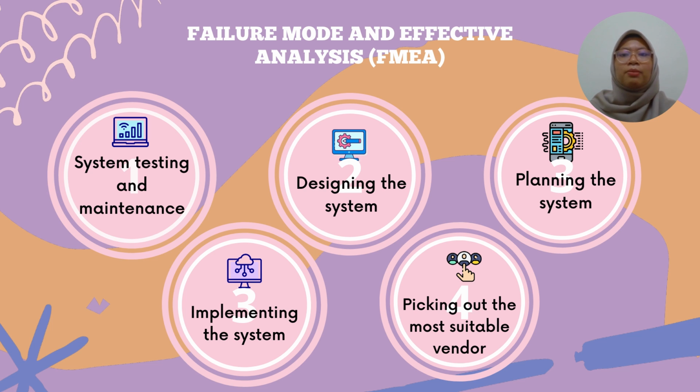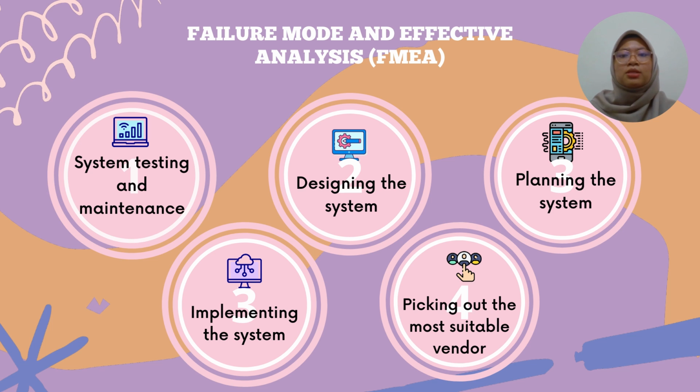Thirdly, the planning and implementing of the system processes, which are tied with the same RPN of 192. The effects of the failure on these processes will lead to the system build not meeting the requirements and system failure. This might be due to the lack of clear communication between the vendor and the person representing the bank, and also the system design being too complicated or the bank's hardware being too outdated.